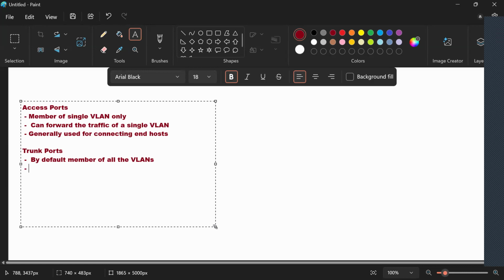They can by default forward traffic of all VLANs, and are generally used for switch to switch, switch to router in some cases like router on a stick, or switch to server connectivity.